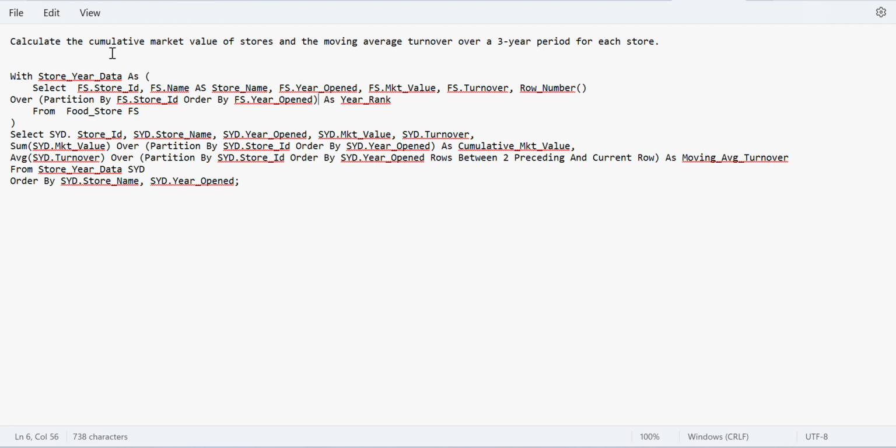The purpose is that it organizes the data by store, and for each store, it adds a sequential ranking of store opening ordered by year. The use of row number allows us to later perform cumulative and moving average calculations by store. The main part of the query selects